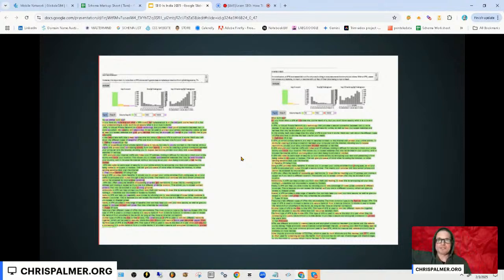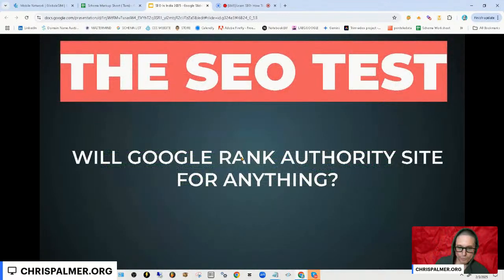We've already known since the 90s that utilizing the primary key term and key term variations was important. Then we learned about matchwords or bolded words. Then we learned about entity usage. Then we learned about entity density. Then we learned about LSIs and co-occurring key phrases. It all works together. This was the test that brought it to light. There were other results, but here you go. All right, let's move forward.